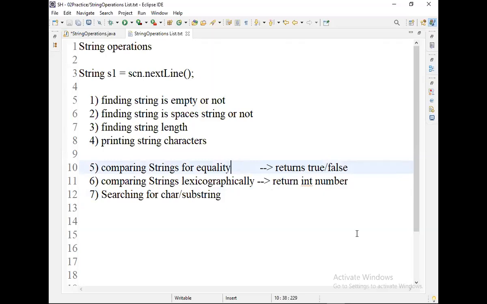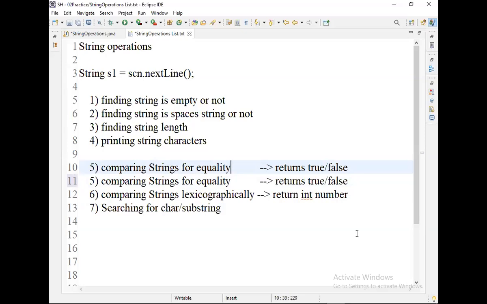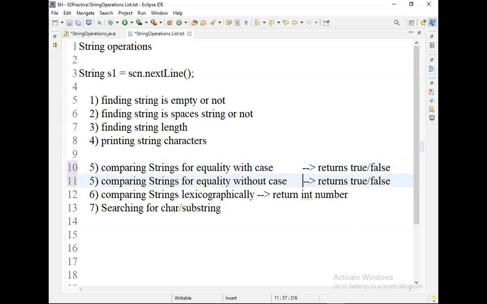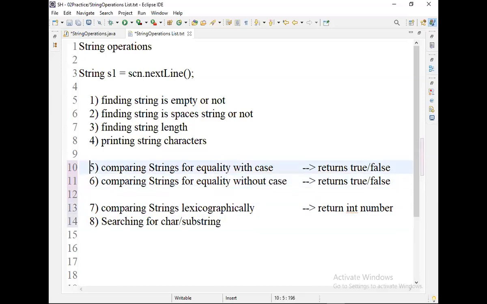Comparing strings for equality has two cases: with case and without case. What is the meaning of with case and without case?